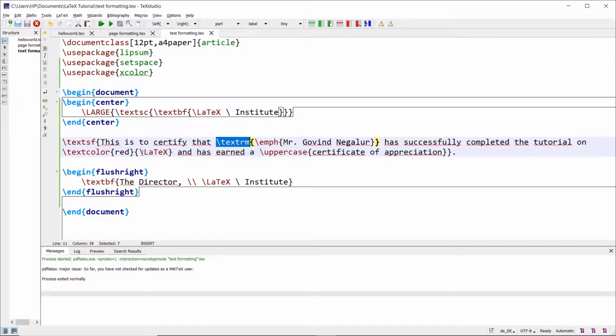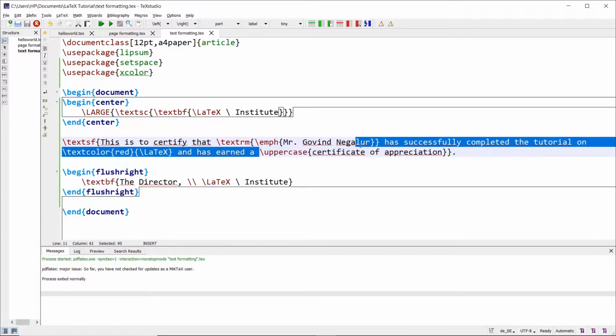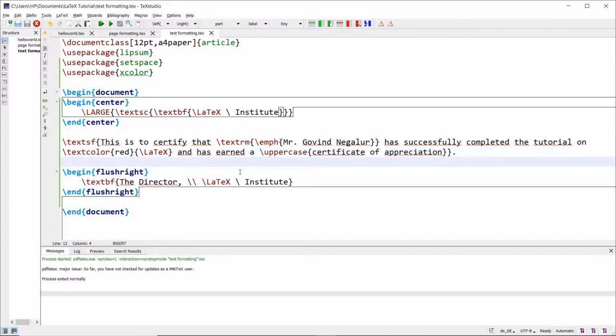And also I want this LaTeX to be displayed with red color. So I have used \textcolor and red, and I also want this certificate of appreciation to be all in uppercase letters. After this, I want to typeset the signature of the director of this LaTeX Institute.